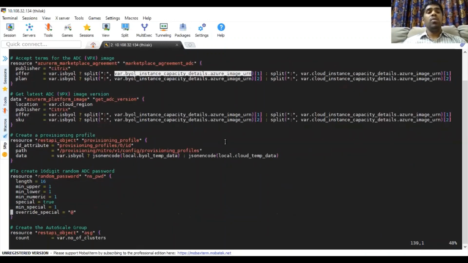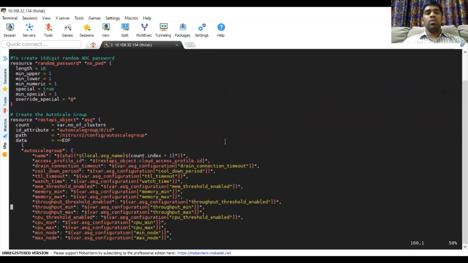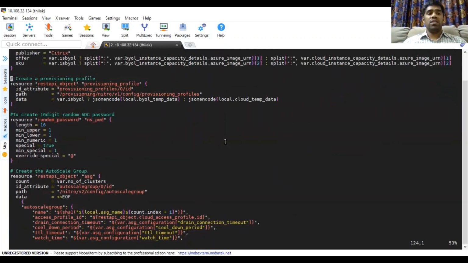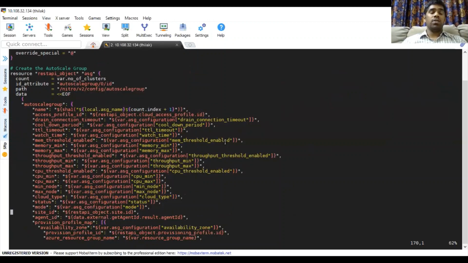deployment. Similar to the agent flow, Autoscale group deployment also has the provisioning profile first to be created, and we use the provisioning profile ID to be passed on to the actual Autoscale group deployment API.